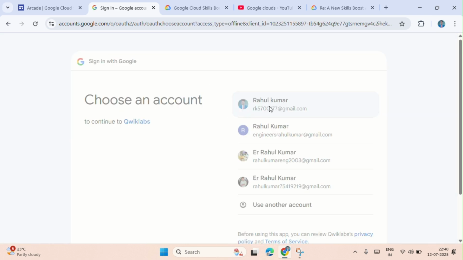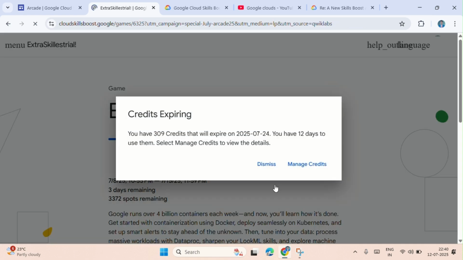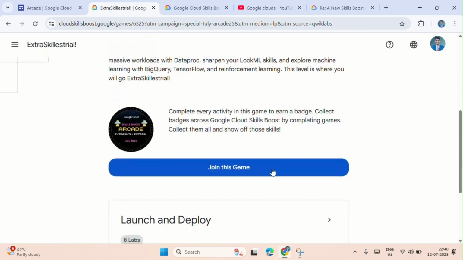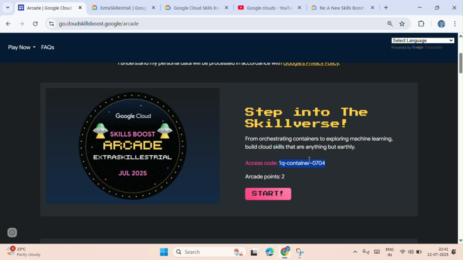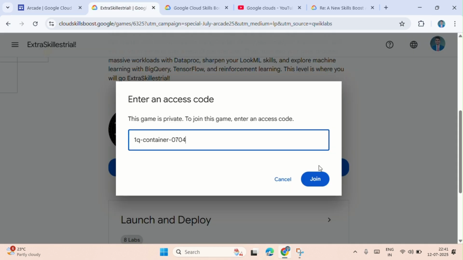Those who don't have an account can also create one with the help of this. Just click on join this game and paste that access code which we have copied. This access code we have to paste here, and just click join.